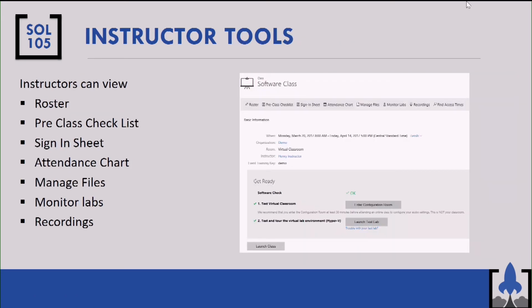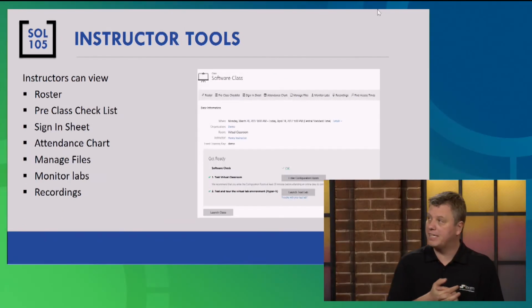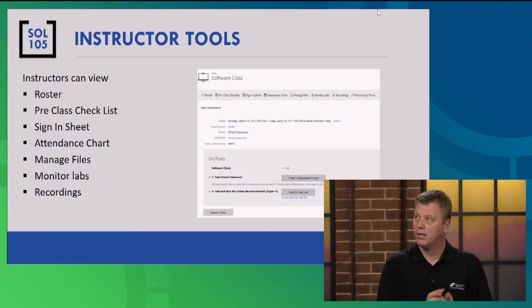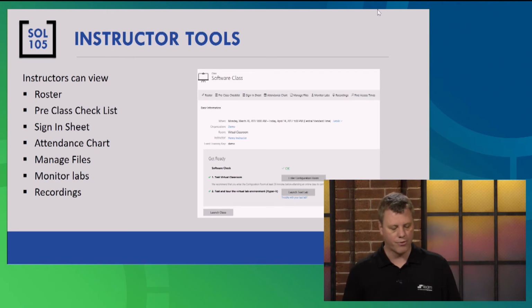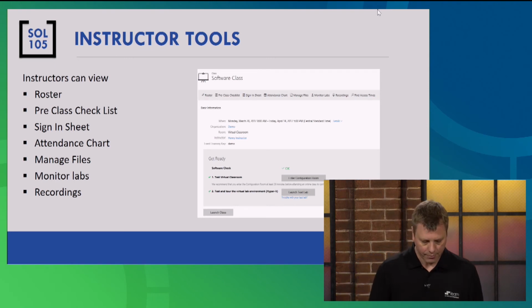And the instructor tool we already looked at. There's a lot of features in there we didn't get time to cover. Rosters, pre-class checklists, sign-in sheets, attendance charts. But all of that is managed and tracked through the platform as well. So we can have a sign-in sheet that we can actually use to track everything. Or if there's any pre-class checklist or things that we need to track, we have the option of doing that